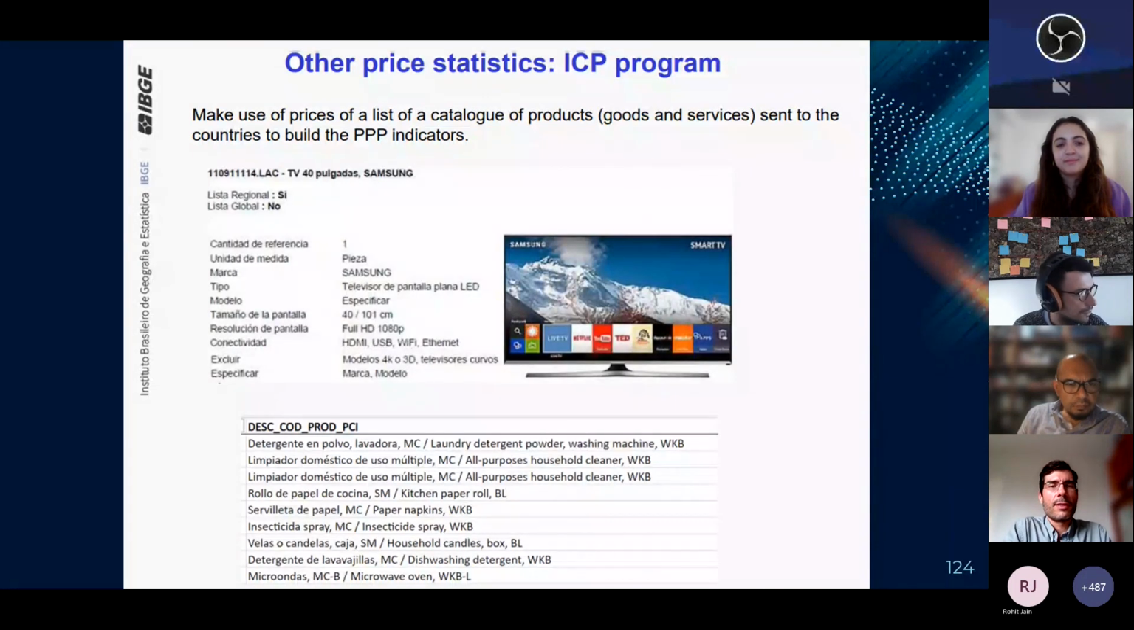Going beyond consumer price indices, other price statistics can also be improved by use of the web as a source and web scraping techniques. One of the other important statistics that we are addressing is the one related to the International Comparison Program, which makes use of prices of a list of catalog products to derive the purchasing power